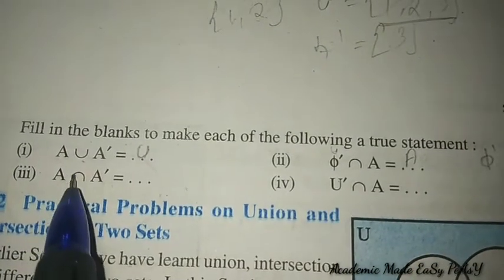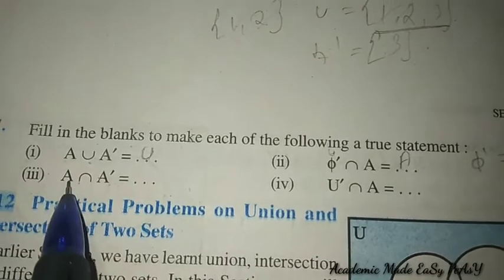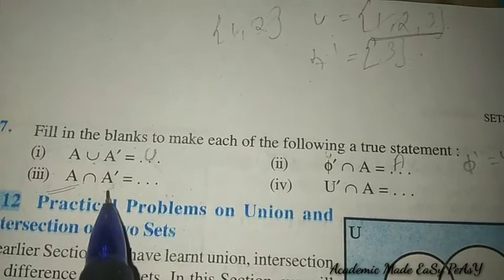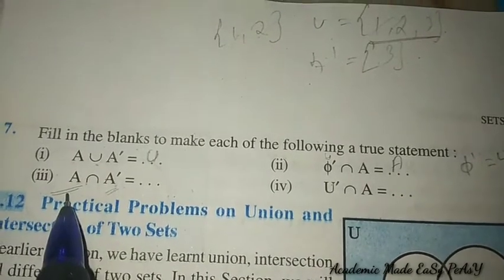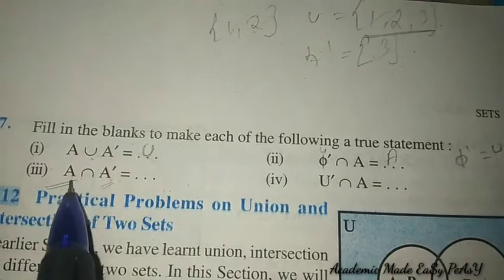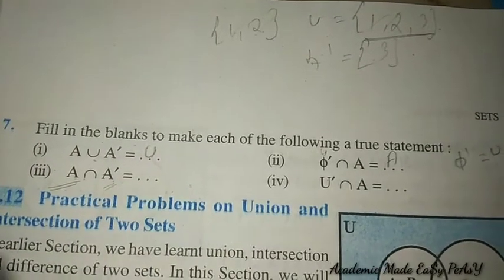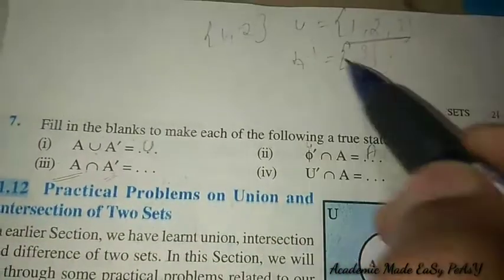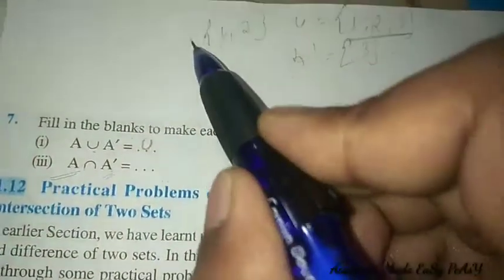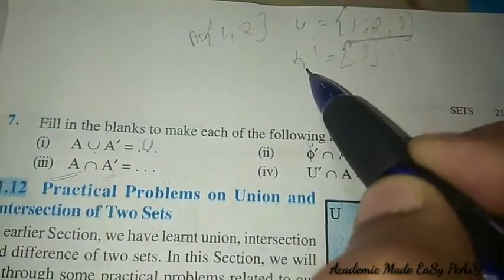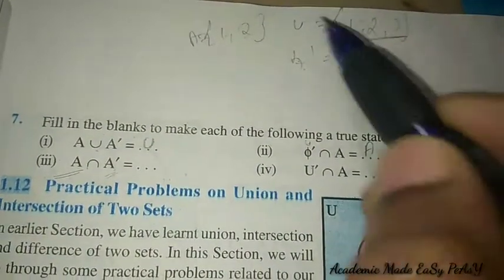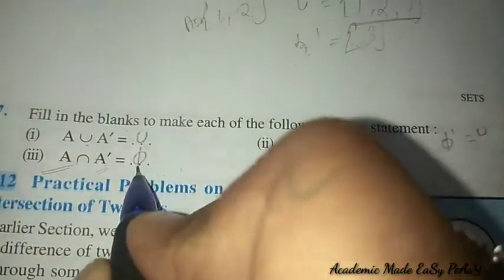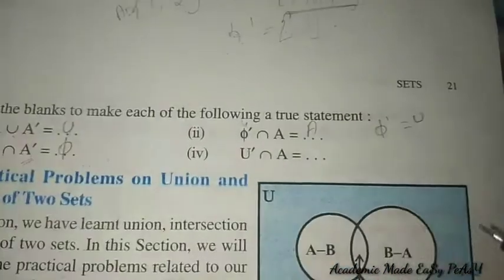So here A intersection A dash. A will contain a set of elements. A dash will contain a set of elements which do not belong to A. So now what will be my A intersection A dash? Nothing. Why? They both don't contain any common element. For example, take this itself. 1, 2 is here, this is my A. I have found the A complementation, so this is my 3. Is there any common element? No. So therefore it is the null set. Is that clear?